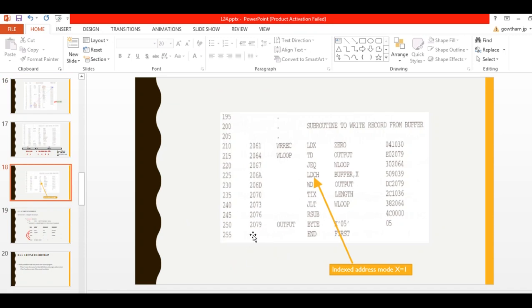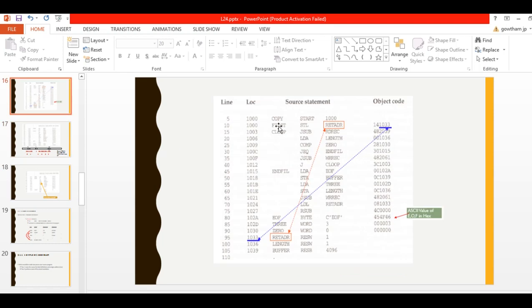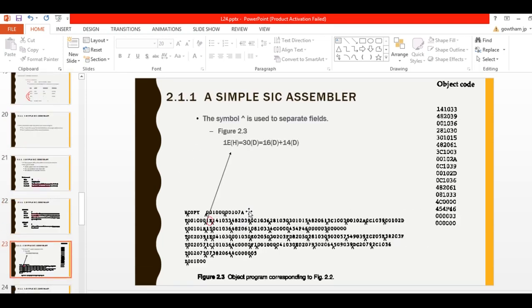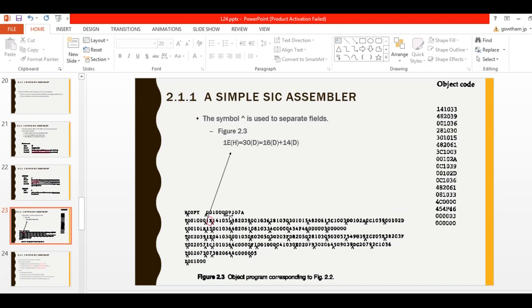Plus 3, meaning the next location, gives 207B. Minus 1000, that is the length. So the length is 00107A.